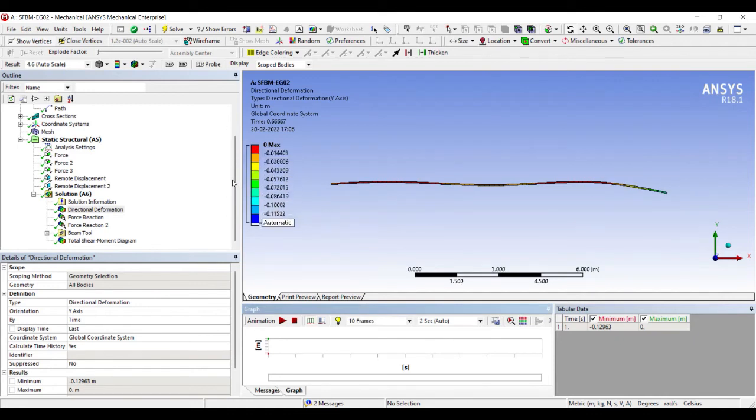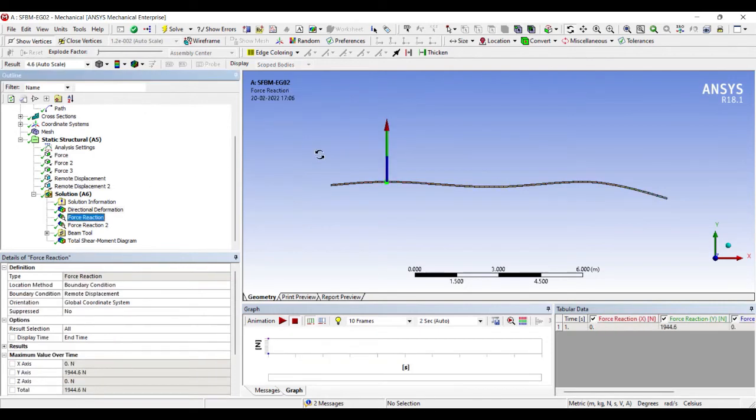Here we can see all the solutions at various points. You can click on the probe button and you can see the solution everywhere. Like suppose if you start at this point, here the value is minus 2.5 into 10 raised to minus 3. Similarly, anywhere you click, you can get the values there. If you click on max min, you can see where the deflection is maximum and where it is minimum. You can remove them by clicking back on max min.